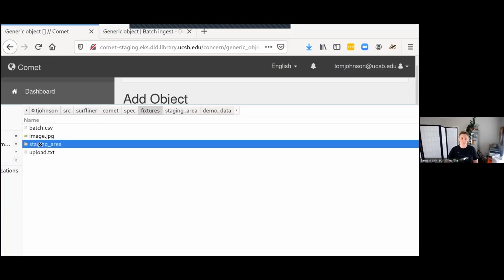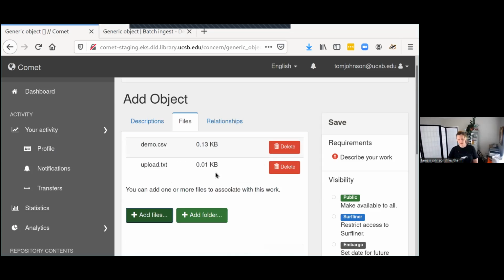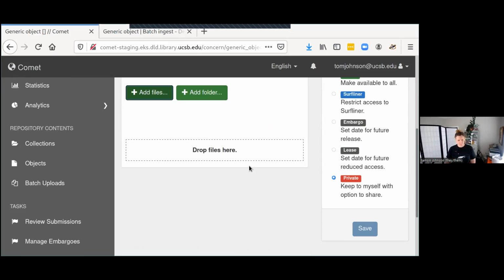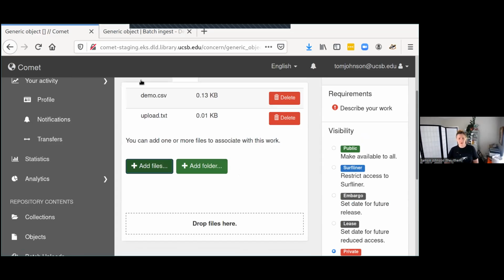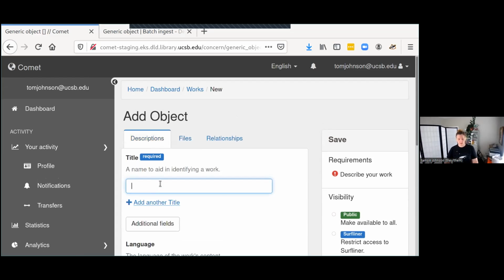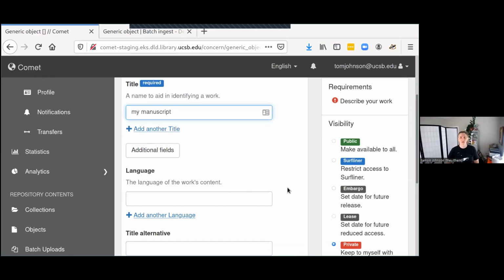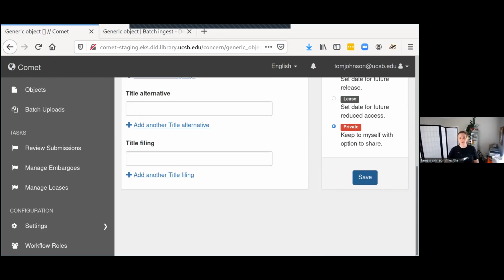I'm not going to actually do it, I guess, because I don't have a PDF in the fixtures here. But suppose I added a PDF here where we'd be able to do my manuscript. We'd be able to do,